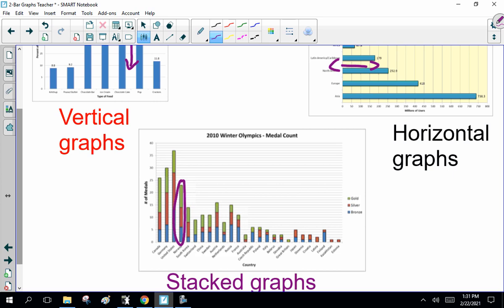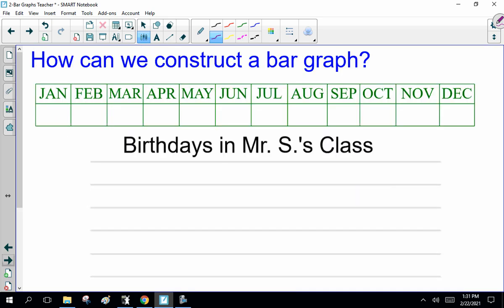Okay? So they come in all different shapes and sizes. But I want you guys to be able to draw one. Now, how can we construct a bar graph? Well, birthdays in Mr. Sutton's class. Now, you guys will do this as a class, but if you're at home watching this, I'm using data from